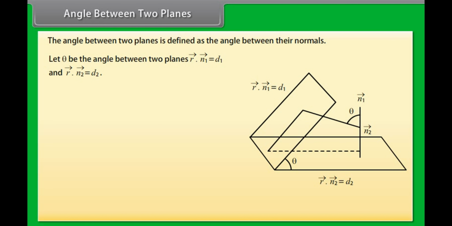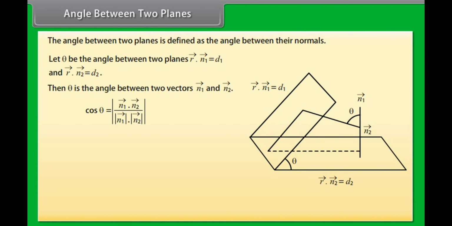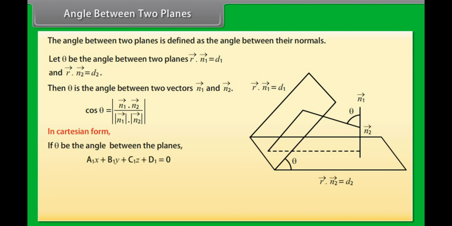Let theta be the angle between two planes, vector r dot vector n1 equals d1, and vector r dot vector n2 equals d2. Then theta is the angle between the two vectors n1 and n2. Cos theta equals the modulus of the dot product of vector n1 and vector n2 divided by the modulus of vector n1 into the modulus of vector n2. In Cartesian form, if theta is the angle between two planes, a1x plus b1y plus c1z